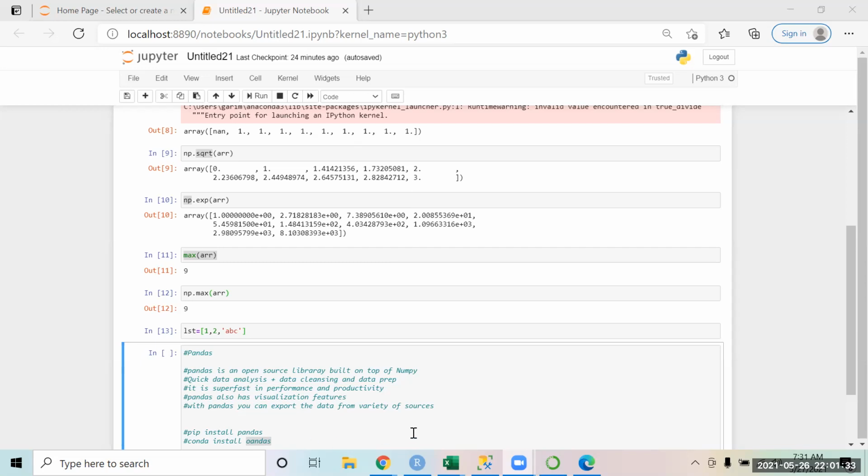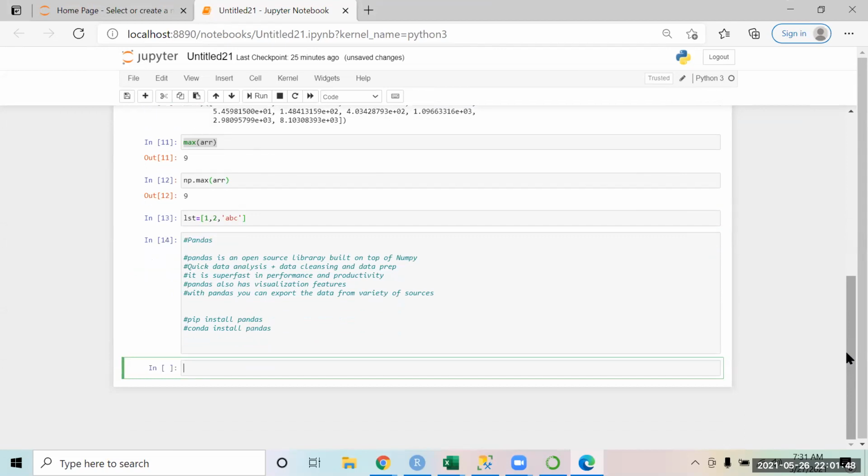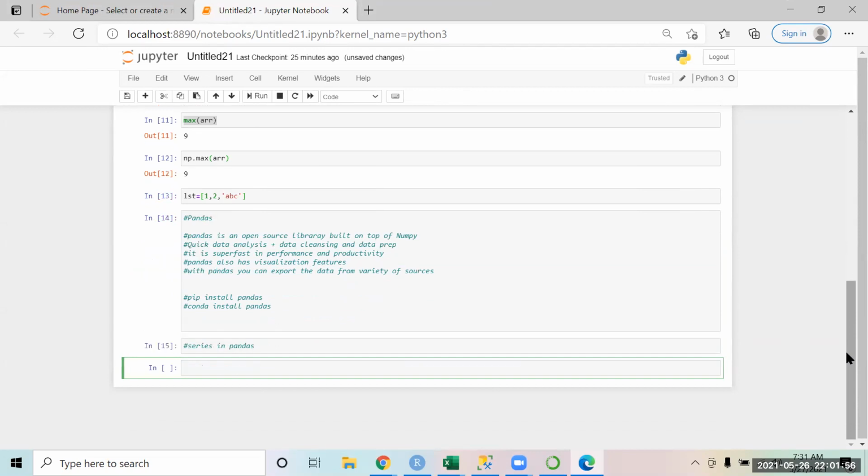Okay. So now what we will do is let's start with this. In pandas, we will be storing the data mostly in the form of a row and column structure format. That is how we start as the first step. We will start off with something called a series in pandas. A series is for when you want to store data. Like you have arrays, where the data gets stored in one dimension, in one row. But a series is something like arrays in NumPy, but with a lot more flexibility.